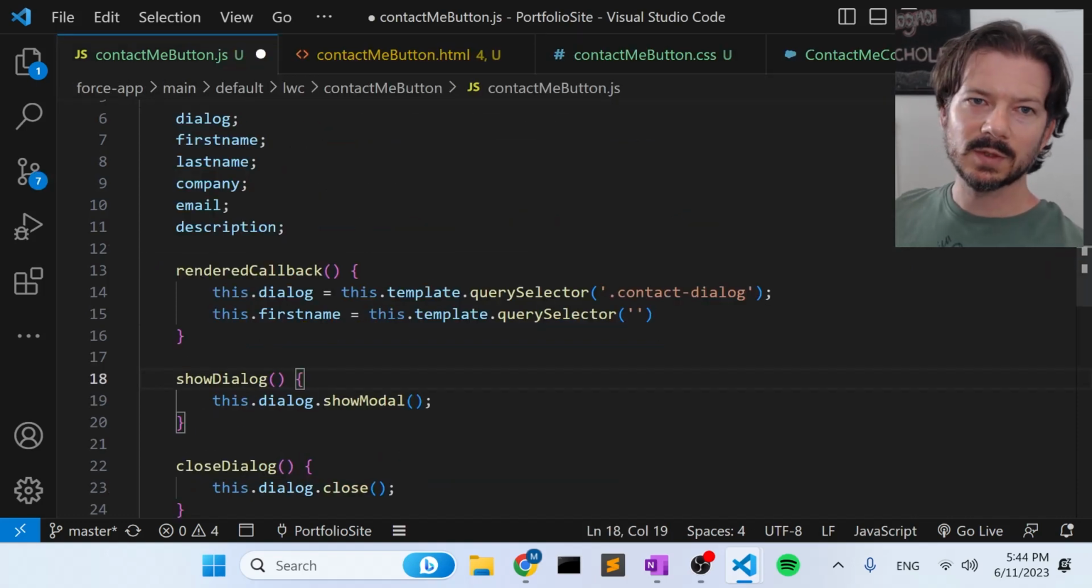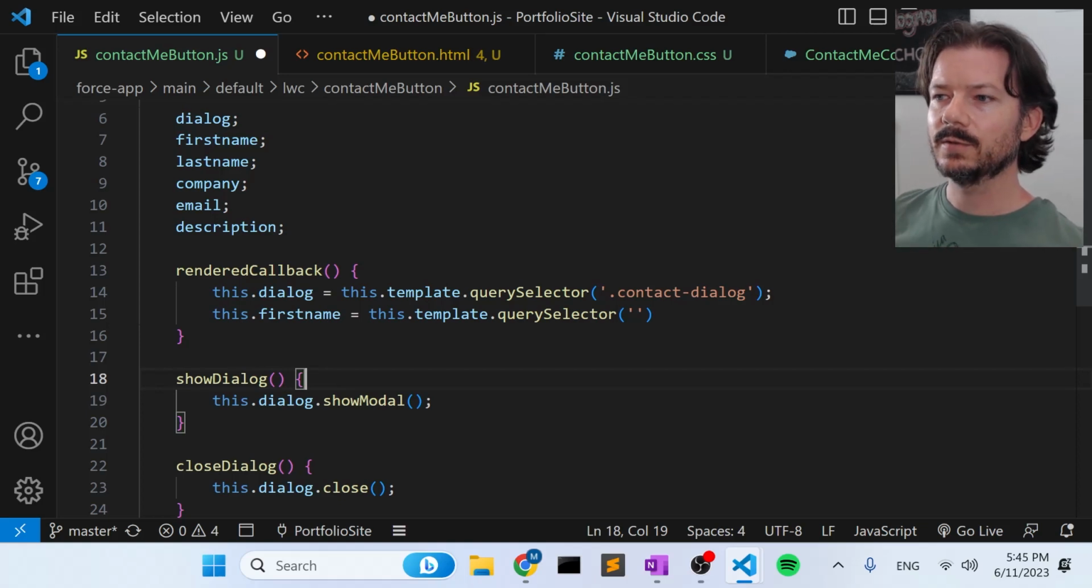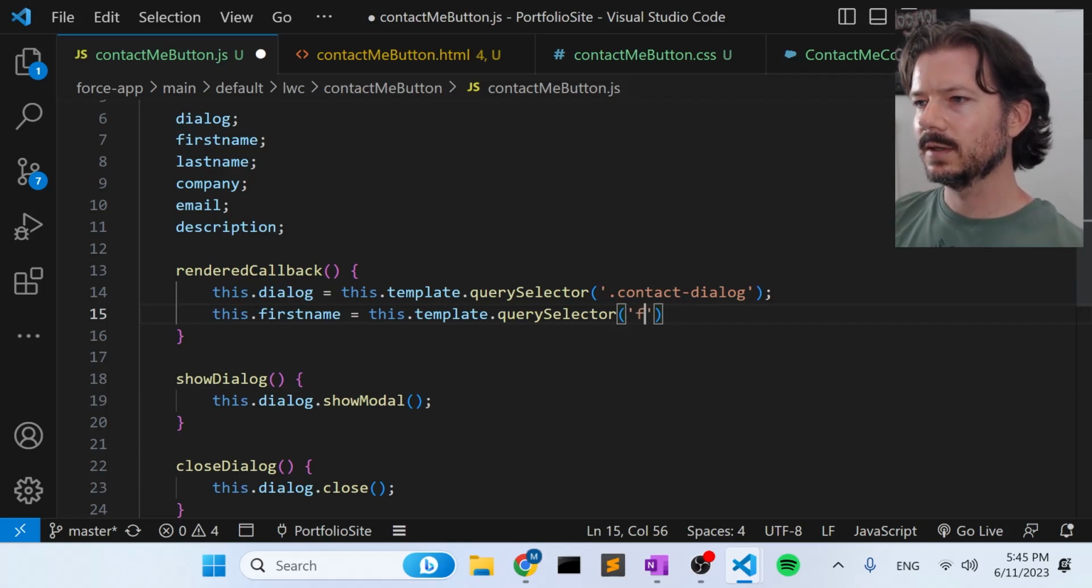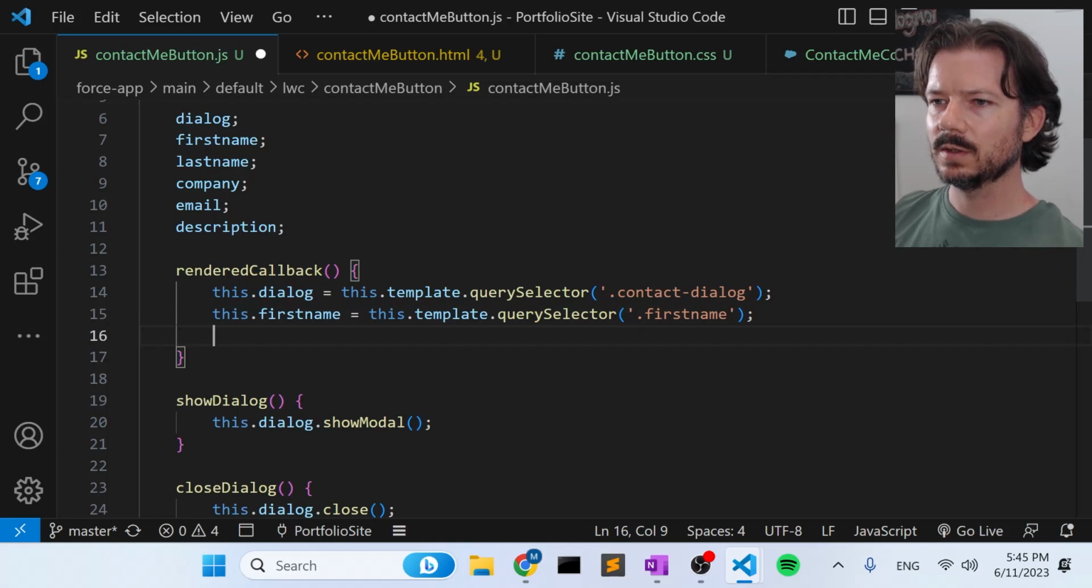And again, a lot of times you would use IDs for this, but with Lightning Web Components, if you use an ID, that ID might be substituted because the components don't know who their parents are. So a lot of times the IDs can be switched up. So you can't use IDs for selecting things in Lightning Web Components. So we're using classes instead. So we're going to say dot first name to grab our first name input,